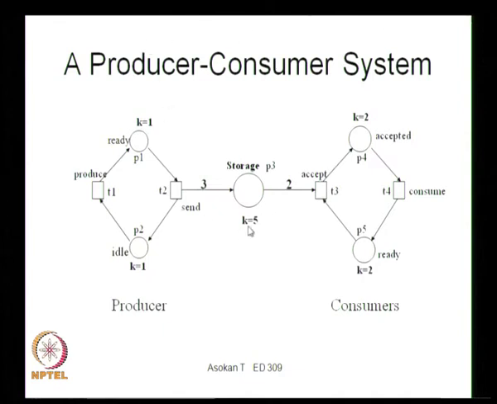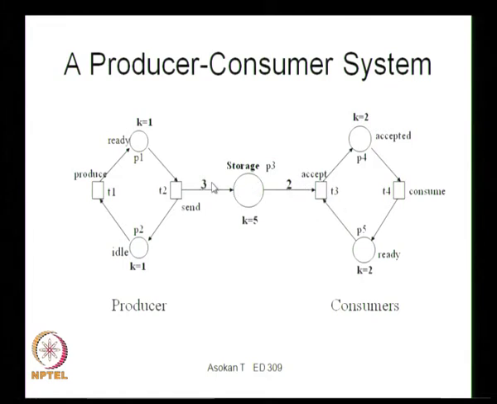This is another kind of Petri net where you have values for the places as well as for the arcs. These arcs represent the transition from this state to this state. The value is given as 3, which means you can send 3 at any time to the storage. Similarly, the consumer can take 2 at any time, so K is equal to 2 in both cases. Only 2 can be removed by the consumer, so whenever any transition takes place, only 2 will be moved from here, though there is a value of 5.